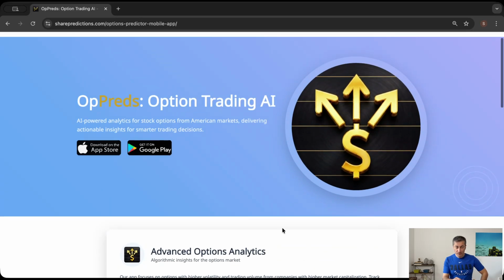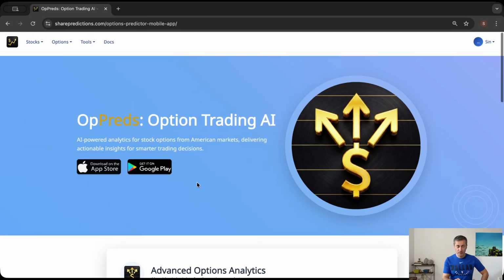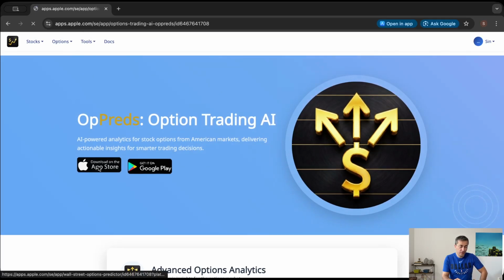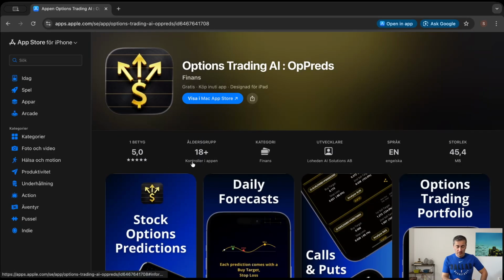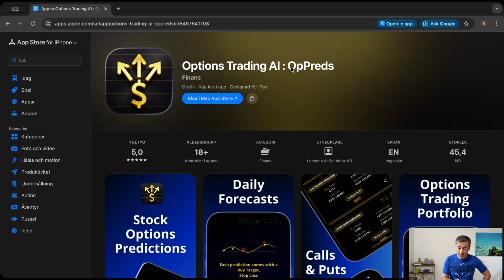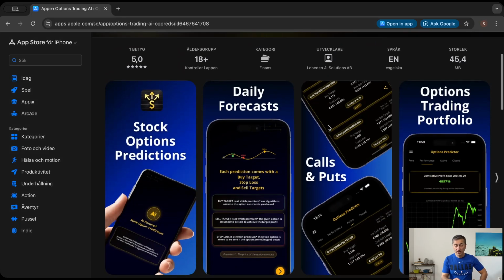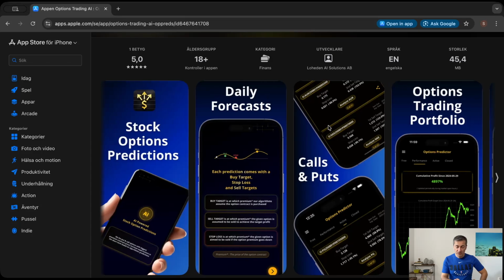So if you want to find the mobile app itself, as mentioned, it is available in both the Apple App Store and the Google Play Store. If I click on the App Store one, you come to the page itself. The brand name of the application is OpPreds, which stands for option predictions, basically. So you find daily updated predictions for